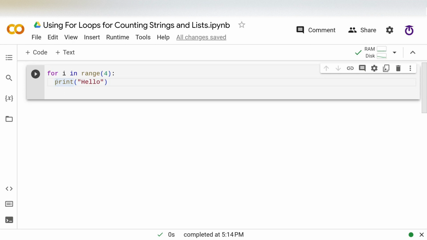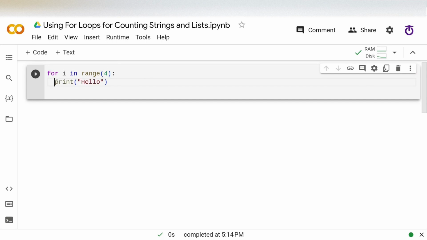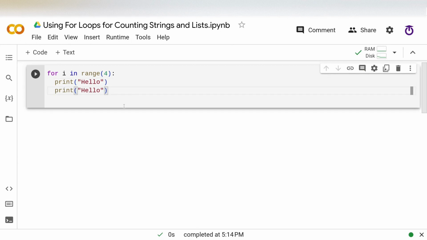And we know this is inside the for loop because when we enter the colon after the for loop, it's indented across like so. Okay, so if I wanted another line of code to repeat at the same time, like so, we can see that both of these lines of code are part of the loop.